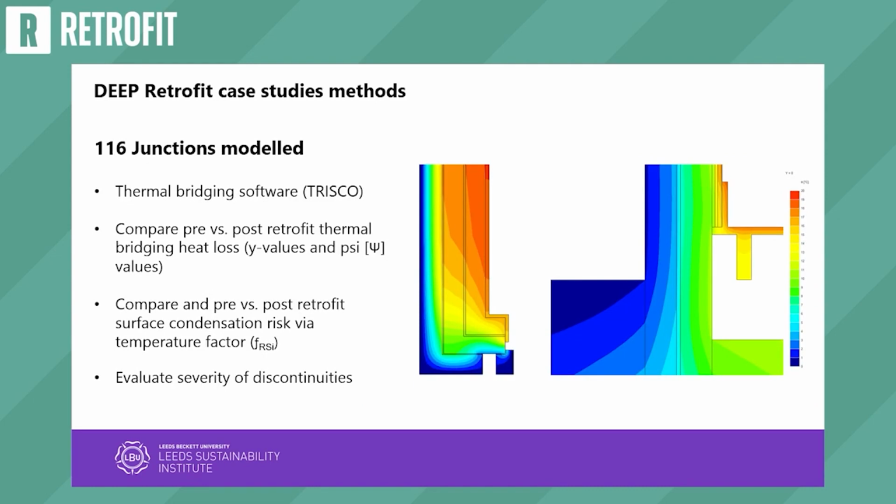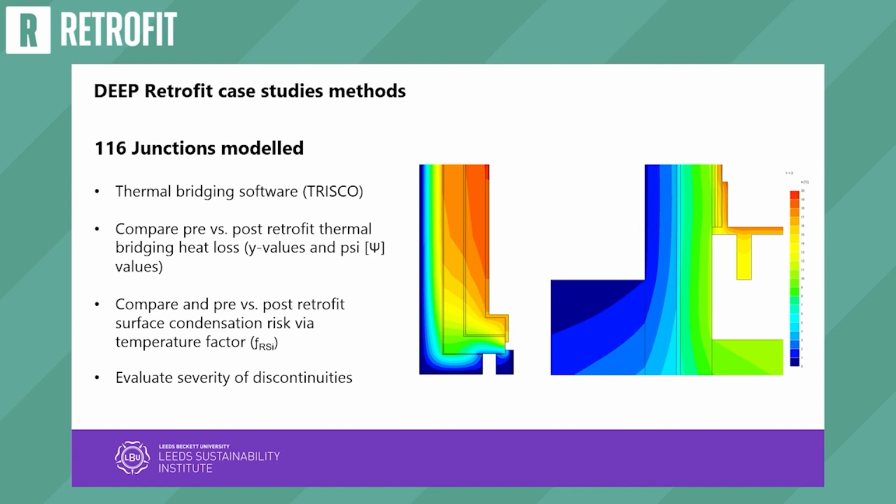Okay, and then the third type of heat loss in the building is thermal bridging heat loss. So this is the heat loss that isn't attributed to the plane element, but it is still a fabric heat loss, but it's just where you get the joints and the corners of different elements interacting. It's just the way that heat moves through fabric. You can't measure those, you have to model those.